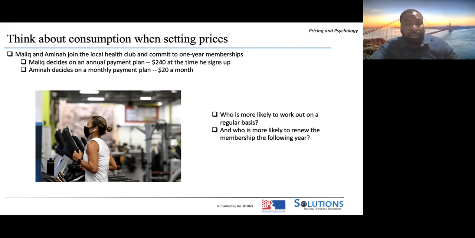The 240, I think so, because I don't have to be committed for those remaining 11 months if I'm paying on a monthly basis, especially if there's no cancellation policy in play for monthly payments. So if I already paid upfront in full for something, I'm going to get my money's worth, as opposed to being given an option to pay a portion. I'm going to just use the portion worth.